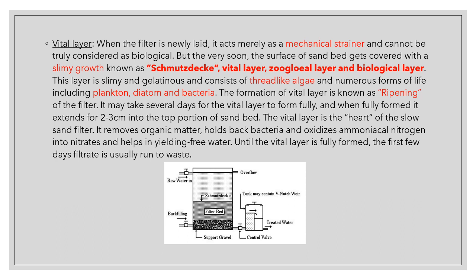And when it is fully formed, it extends for 2 to 3 centimeters from the top portion of the sand bed. So you can see in the diagram below that the top 2 to 3 centimeters of the filter bed is actually the Schmutzdeck. This vital layer is the heart of the slow sand filter because it removes the organic matter, it holds back bacteria, and it oxidizes the ammonium compounds into nitrates,